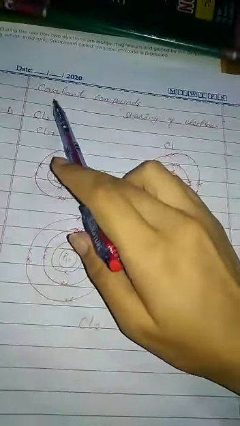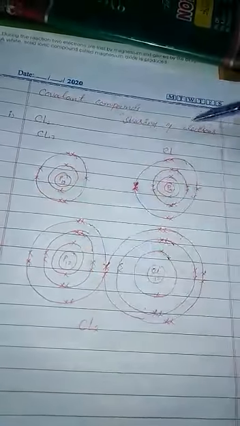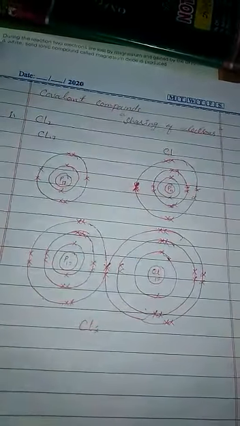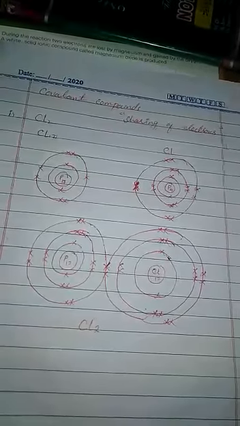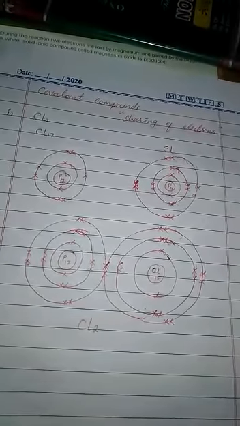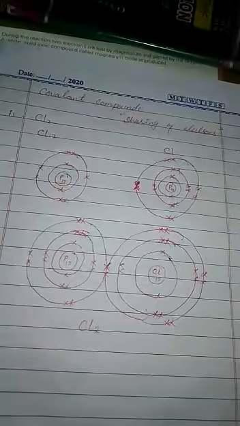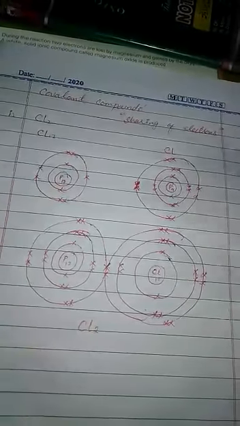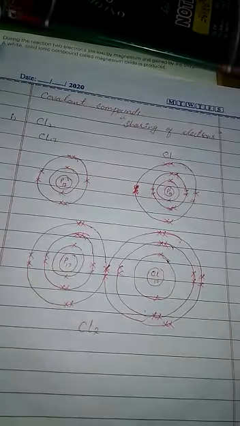The second type of compound is covalent compounds. What are covalent compounds? Students, covalent compounds are formed from the sharing of electrons. 2 atoms joined together by the sharing of electrons is called a covalent compound. Students, in ionic compounds, the electrons are lost or gained by atoms, but in covalent compounds, the atoms will not lose or gain an electron. Rather, they will share their electrons and complete their outermost shell.